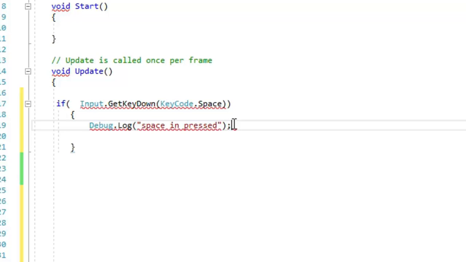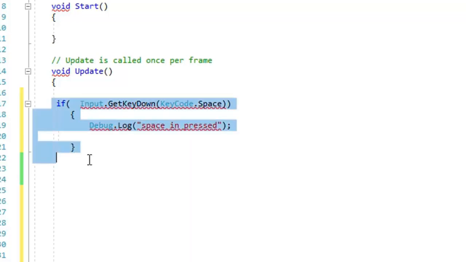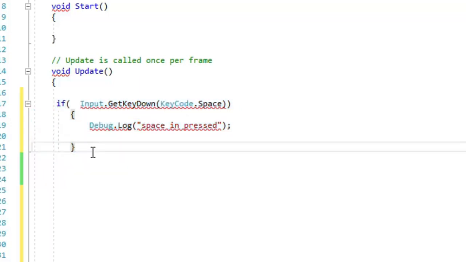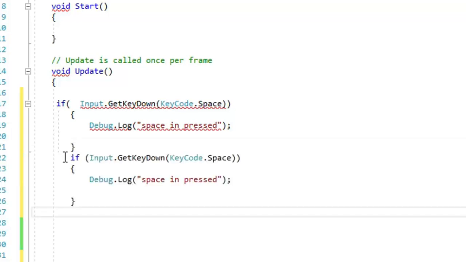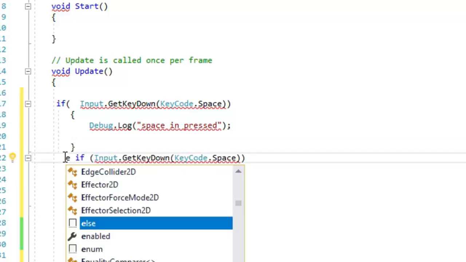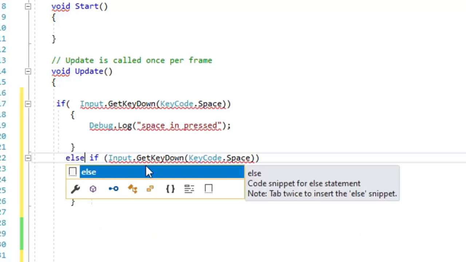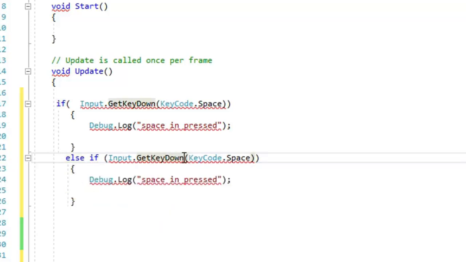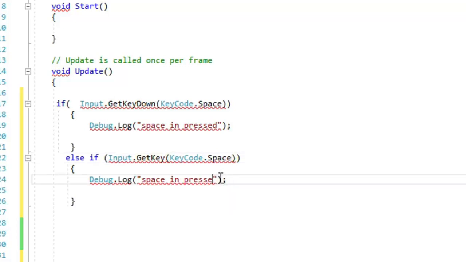Now I will copy the same statement and paste it. We will use else if, and in place of get key down we will write get key, and print space button is on hold.